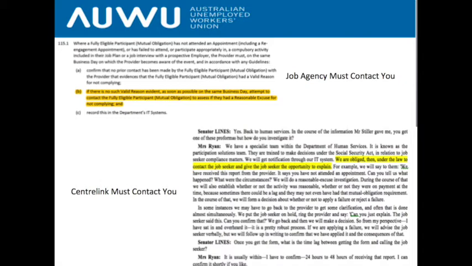2.1 million times that the job agency is meant to contact the unemployed worker, and when they get passed on to Centrelink, that's another 2.1 million occasions where Centrelink are meant to call the unemployed worker. So you can get an idea that job agencies and Centrelink just haven't got the resources in many cases to call that many people that many times, and this is quite deliberate.